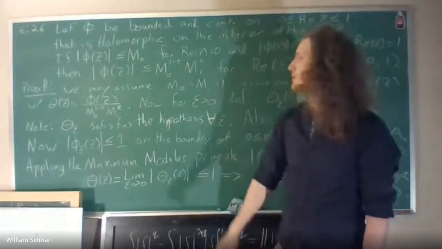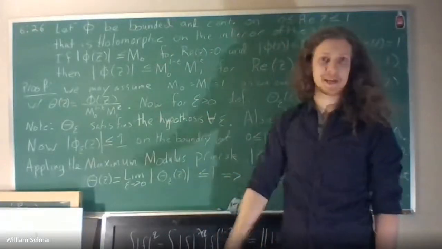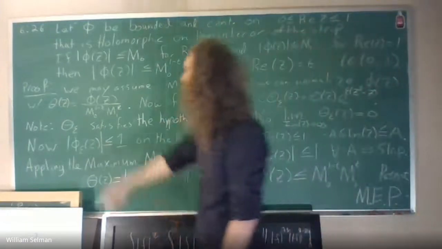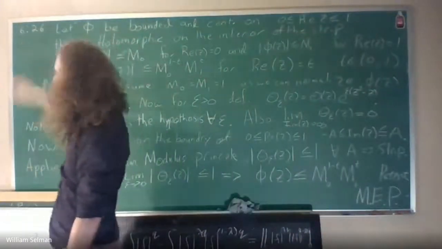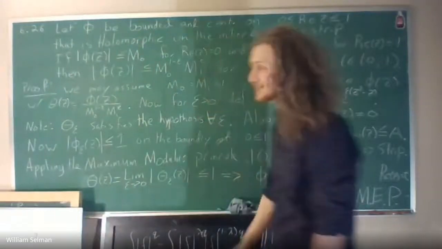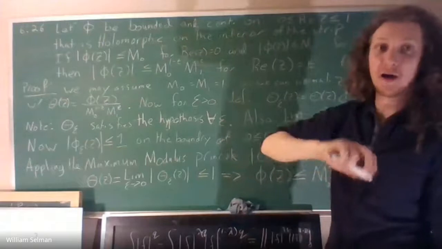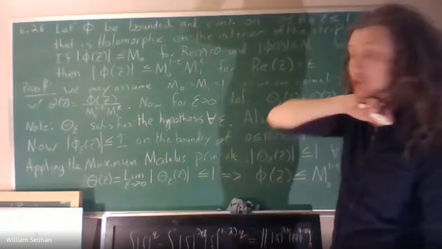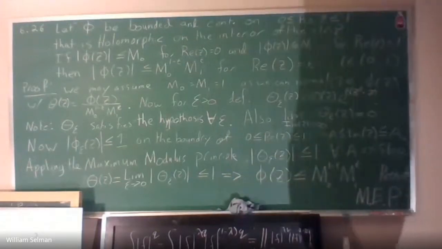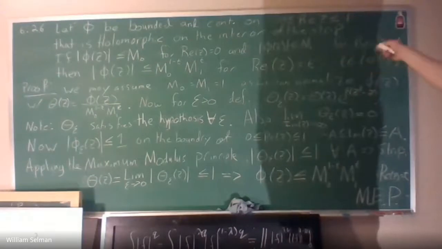All right, howdy y'all. So we have one more lemma before we can take on the interpolation theorem. In Folland, it's 6.26. It's called the three lines lemma, and it has to do with the log concavity of vertical lines on holomorphic functions on the unit strip, where the real part is between 0 and 1 in the